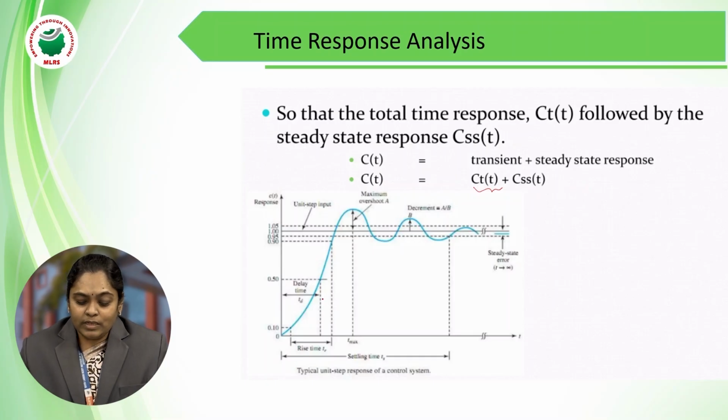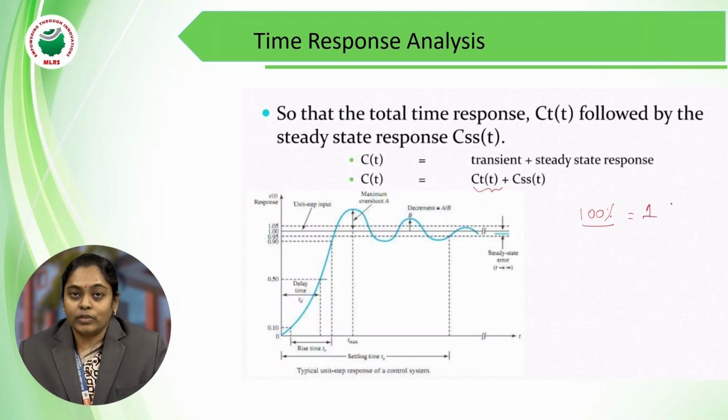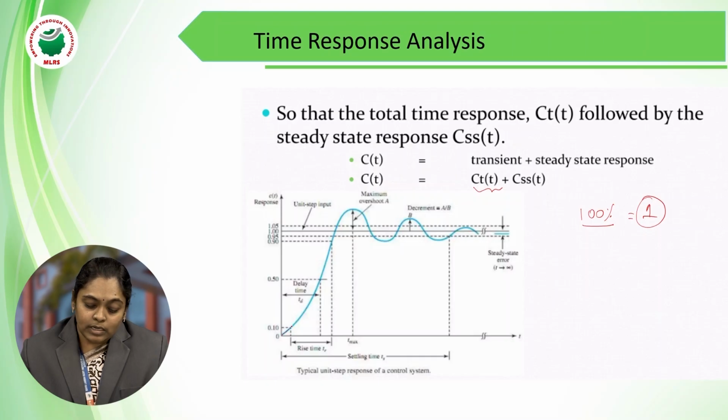and c_ss(t) is nothing but the steady state response. Now if we observe here, initially the output of a system is 0, but whenever you are giving some sort of input, it is reaching the maximum value. In general, if you are representing it in terms of percent, the maximum value will be 100%. If I am taking it in terms of values, let me assume that the maximum value is 1. Meaning if I am giving any input, it has to reach only 1. But in this case, if you observe here, the output is reaching above the maximum value of 1. So whatever the deviation which is present between 1 and the maximum value, this deviation is called the maximum overshoot,